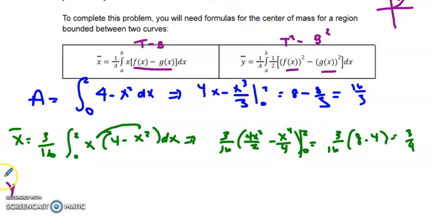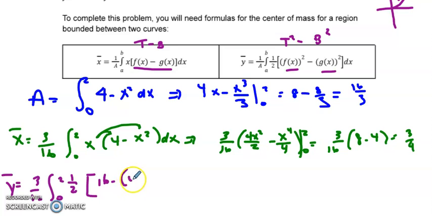So now let's find y bar. Once again, instead of doing 1 over 16/3, I'll just do 3/16. And then I have from 0 to 2, and I have 1/2 times, I need 4 squared, which is my top curve, so 16, minus 4 minus x squared, my bottom curve. I'm sorry, that is not my bottom curve. My bottom curve is just x squared. So I just need 4 squared minus x squared squared. So that's x to the 4th